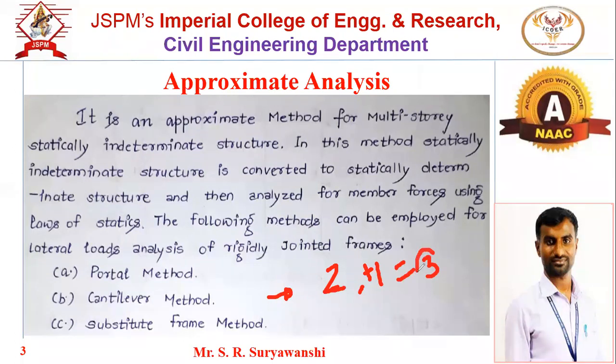If the maximum unknowns are 3 for statically determinate structure, understand this properly. Initially the structure is statically indeterminate. Then by making certain assumptions we are converting that structure into statically determinate. Then the maximum unknown reactions are 3, which can be solved by equations of statics. These 3 reactions we can solve using the available equations of statics.